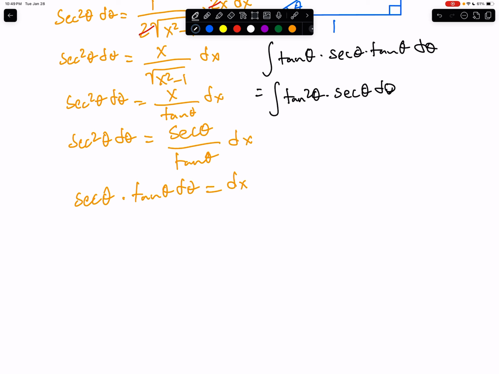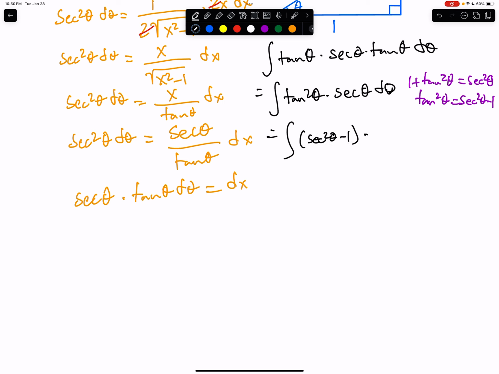So, remember that 1 plus tangent squared of theta equals secant squared of theta. I think we have to use this twice. I'm pretty sure we have to, because I think we can do parts after some of this. We'll get tangent squared of theta equals secant squared of theta minus 1. So we can rewrite this here as secant squared of theta minus 1 times secant of theta